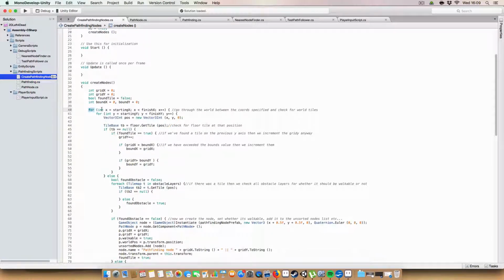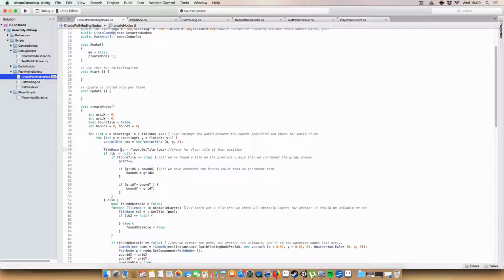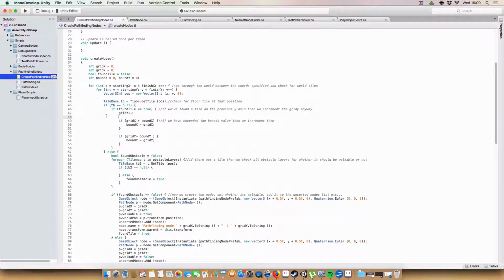So now we've got onto two nested for loops. So basically we go through for int x equals starting x to finish x, x plus plus, for y starting y, and y plus plus. We create a Vector3Int of position just from x, y, and 0. And then on floor, we try and get a tile from this position that we've generated from the x and y. So if the tile is null, then, so if we've not found the floor tile, but if we have found a tile previously, so we would be somewhere within the level,